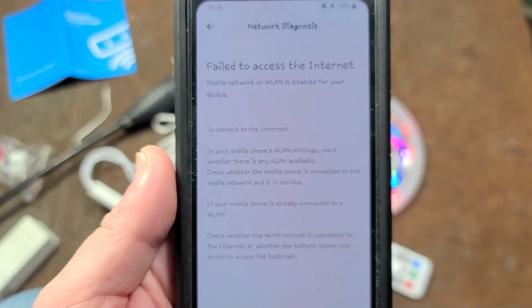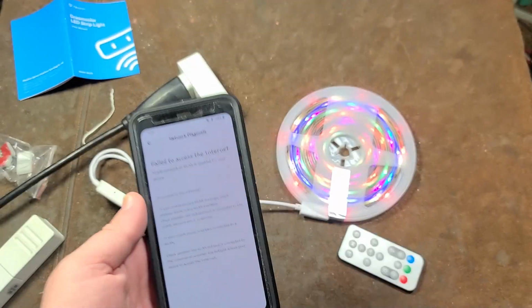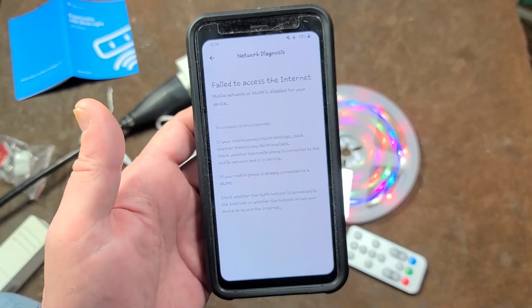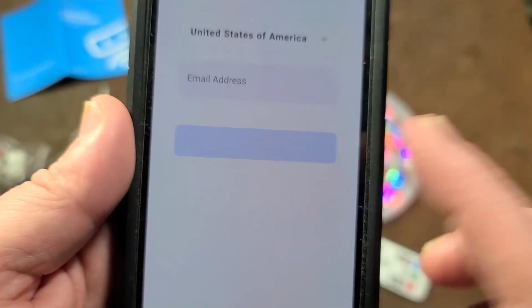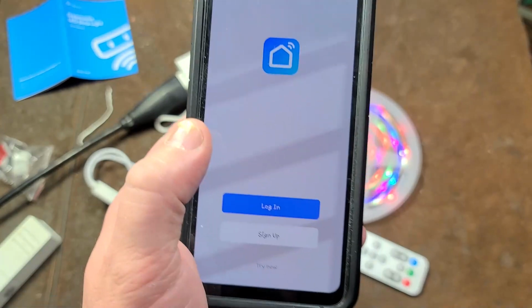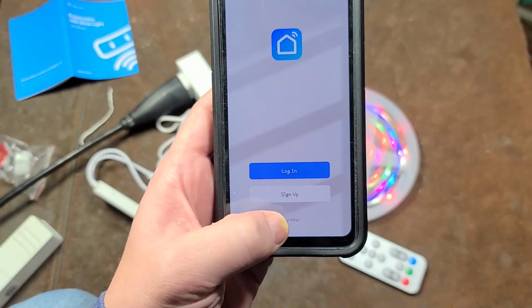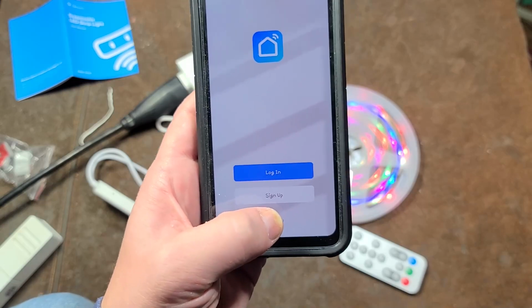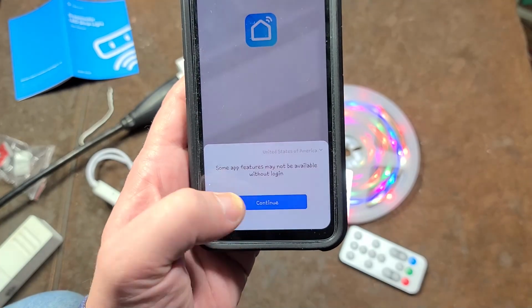Well, I was trying to get it to work through the phone app, but it tells me that it actually needs access to the internet to even attempt to use the app, which is really pretty unfortunate. Something else I'm noticing is if I just do the sign up here, it has this grayed out get verification code, so it really needs to verify who you are, which is something I don't like. I'm gonna recommend against. I think it's just unfortunate that they have an app and advertise all this ability, but you have to create an account. It wants to verify that account and requires internet access, even though it has this try now,